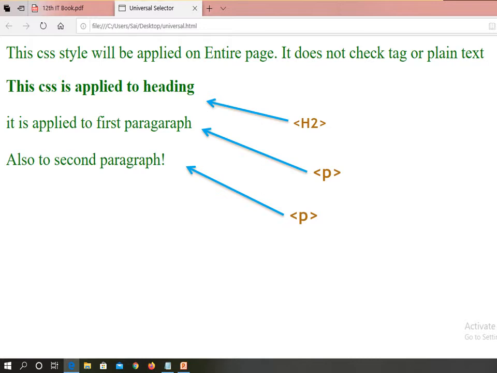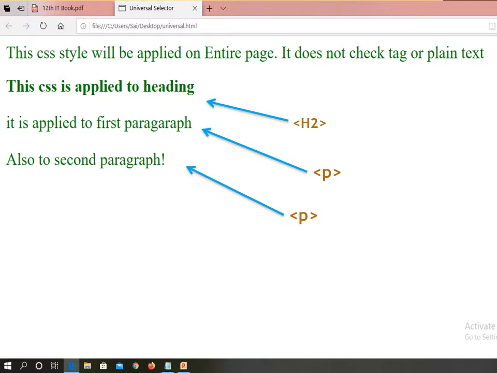Then the third one, it is applied to the first paragraph. The paragraph tag is applied on this third line. Then the fourth line is also enclosed within a paragraph tag. So first plain text, then the second line using the h2 element, and the third and fourth lines using the paragraph HTML element.